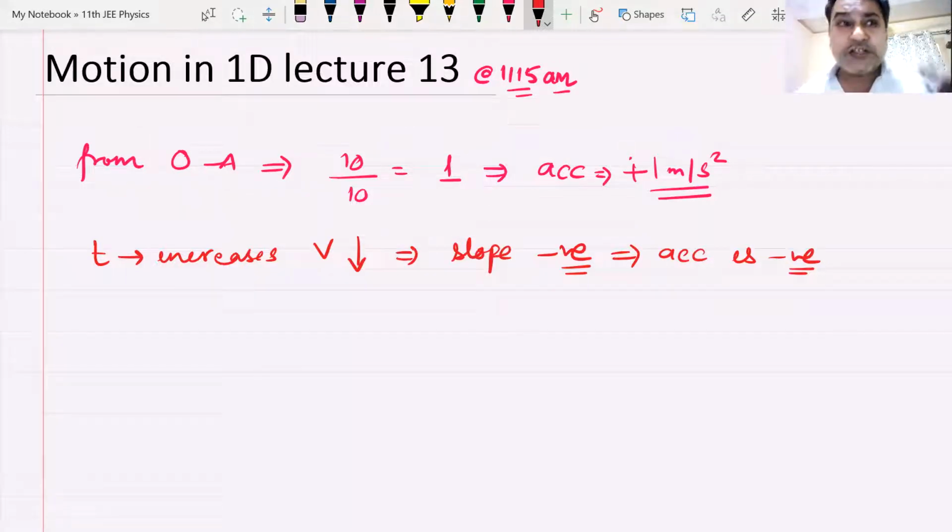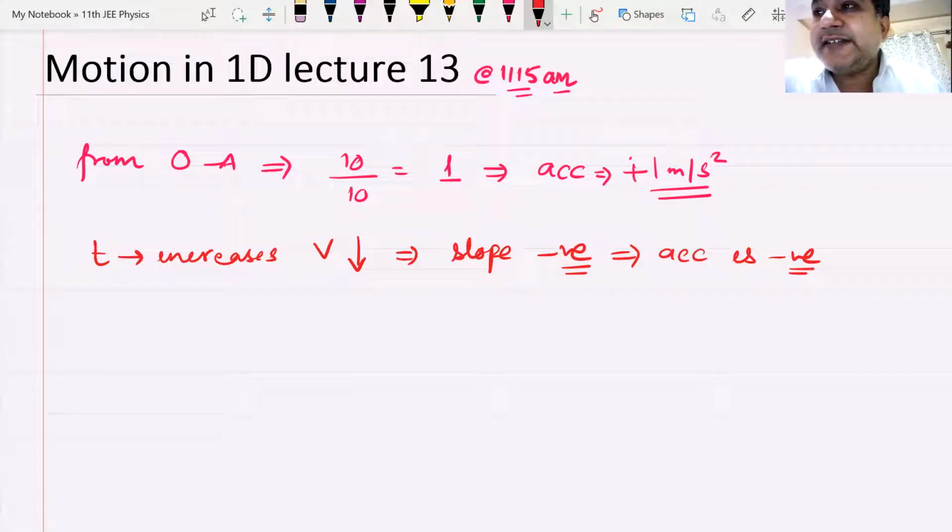Okay. So that was all about the velocity time graph. We can calculate two things from a velocity time graph. One, from the slope, we can find out the acceleration. Number two, from the area, we can find out distance and displacement. For displacement, the area above is positive, the area below is negative. For distance, all areas are positive. I hope we all understand this.